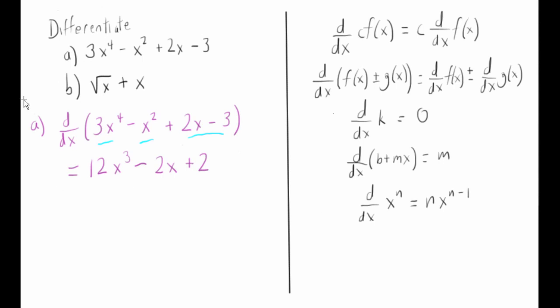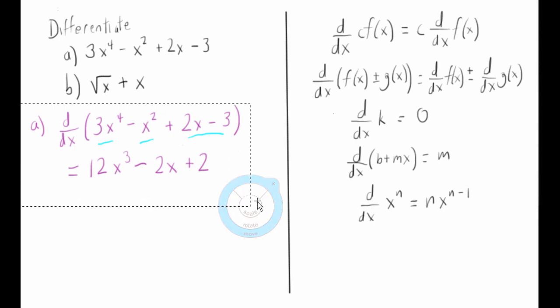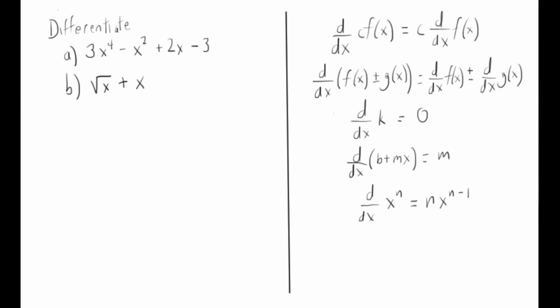Let's do this again with the problem in B. So now what we want to do in B is we want to take the derivative with respect to x of the square root of x plus x. Now there are 2 things going on here that we need to pay attention to. First is we've got a sum, so we're going to be breaking this up. But we have square root of x. None of these rules over here specifically mention square root, but they do mention exponents. So it's very important that you're able to rewrite expressions. So I'm going to say, instead of square root of x, x to the 1/2 plus the derivative of